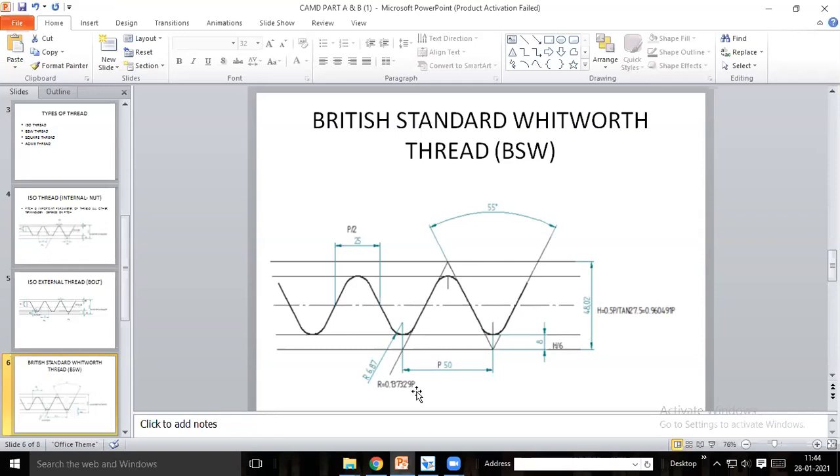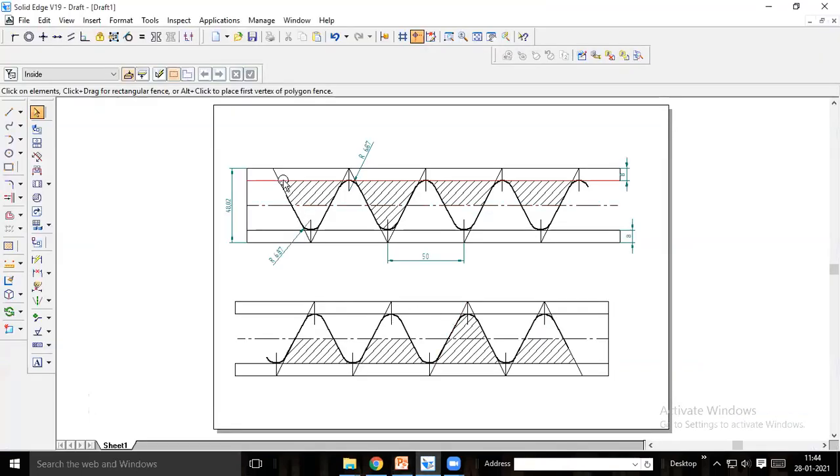Sir, shall we move to the other type of thread? Manual drawing, please practice this manual drawing. Manual drawing is also important. Both internal and external thread you have to do. When you are doing the internal thread, say bottom side you make it hollow, and top side you do hatching. When you are drawing the external thread, top side you make it hollow or empty, and bottom side you hatch it. This is solid material. Hatching is nothing but it is solid. Here you have space, external thread space.